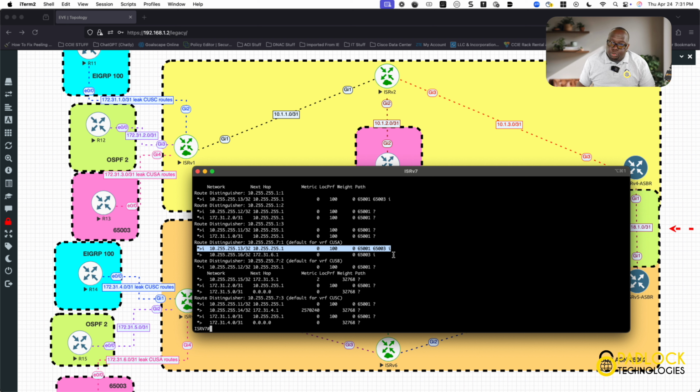Now you could do some trickery by using the route map and set the origin as IGP, and then you'll see the I there. But as soon as you see the question mark, just know it was redistributed into BGP from a non-BGP protocol. So if we want to go BRF, I'm going to say cus C, and then